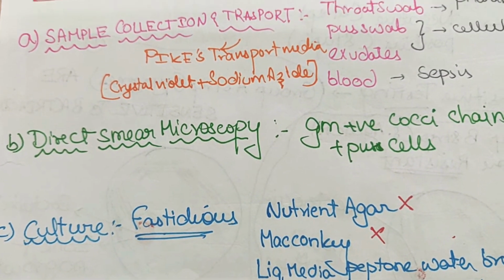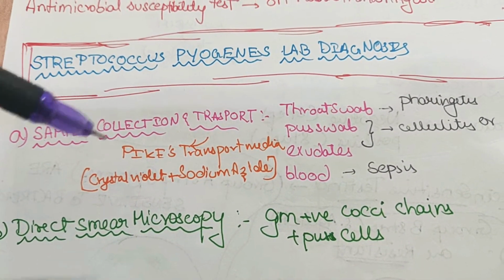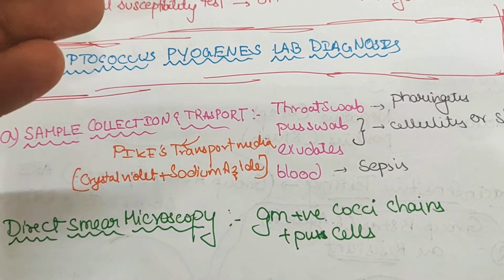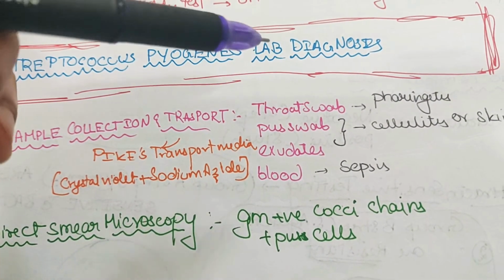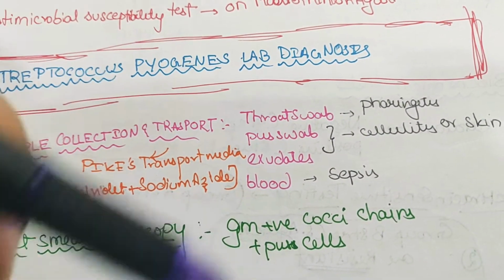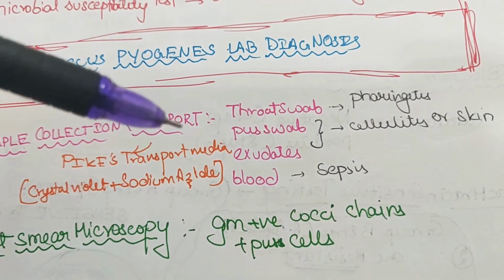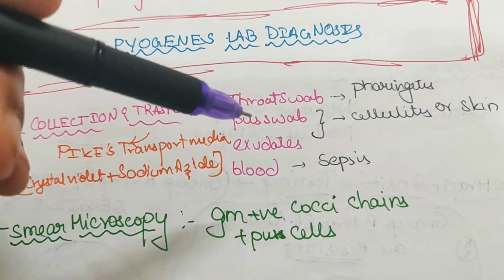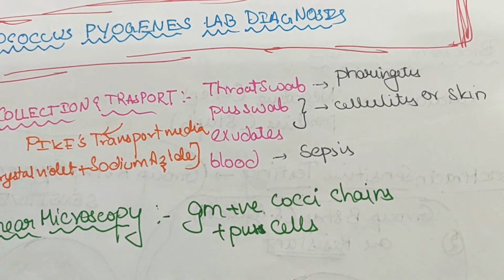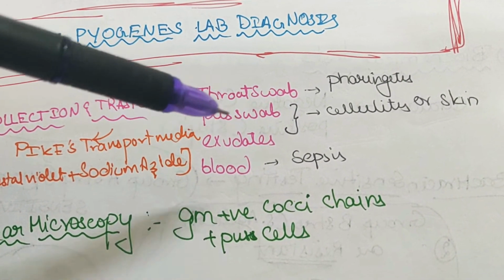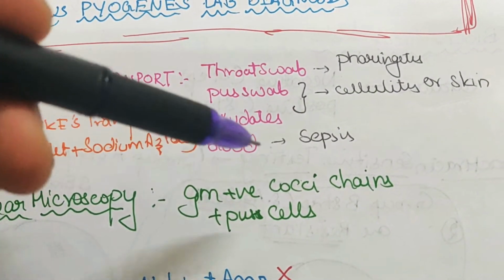Next, we do sample collection and transport in the first step of lab diagnosis. This sample is collected from the areas where the pathogenesis is present. Streptococcus pyogenes causes infection mainly in the throat, like pharyngitis or tonsillitis in the tonsils, so we take the throat swab. And also it can cause cellulitis or skin infections whenever there is a deep infection, so we can take a pus swab or exudates from these sites, and we can take blood if